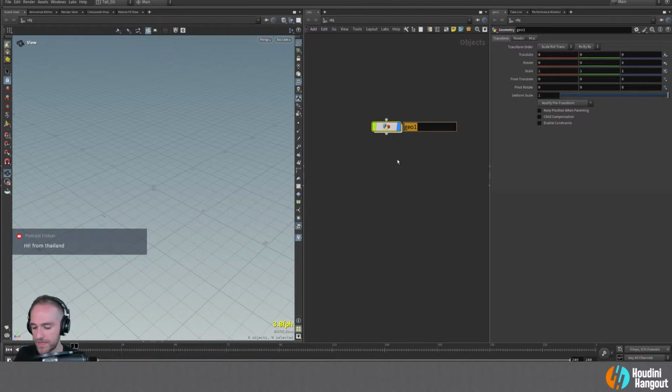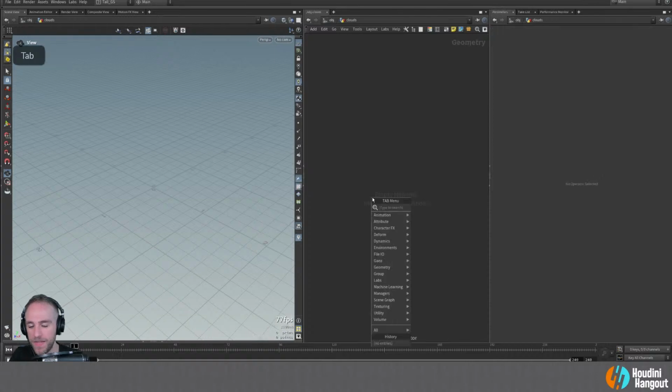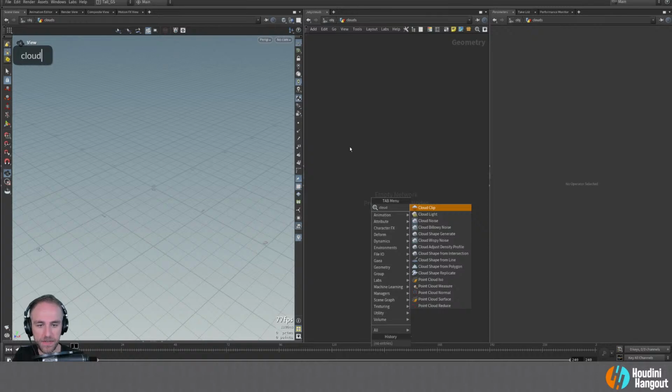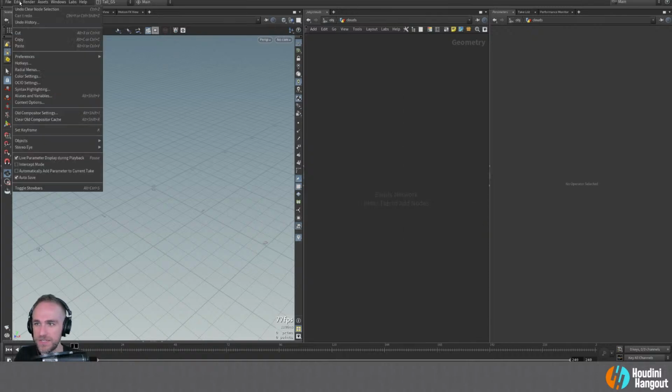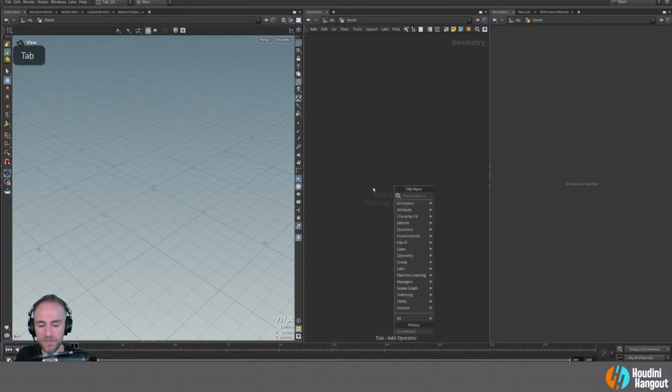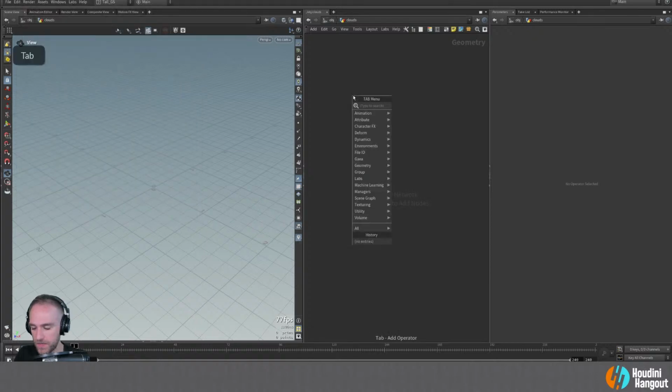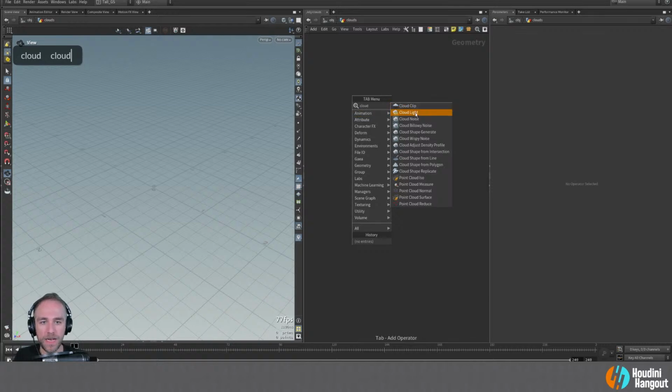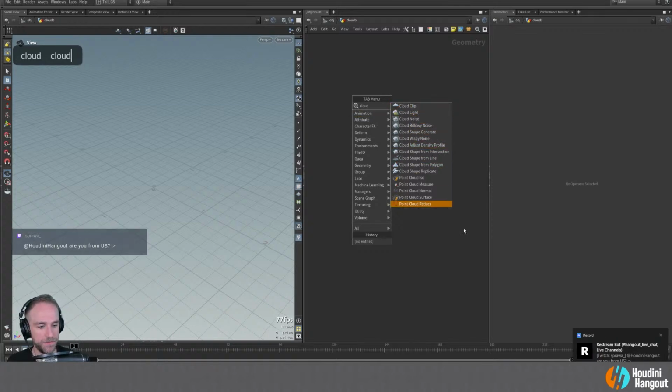All right. So let's call this clouds. That should be a good idea because I might actually render this and we might make some lightning. So let's do that. Okay. So the one thing that I like to do, if you come in here to your tab menu and search for cloud, hold on 1 second. I'm just looking at something under my preferences. I feel like my user interface is a little on the small side. No, I think it's okay. I think that's fine. I scaled it up a little. So if we do type in cloud, we can see that there are some kind of